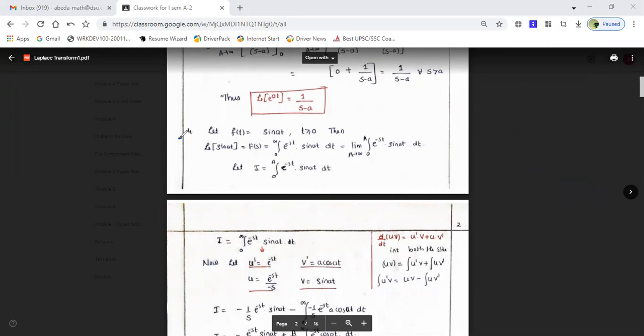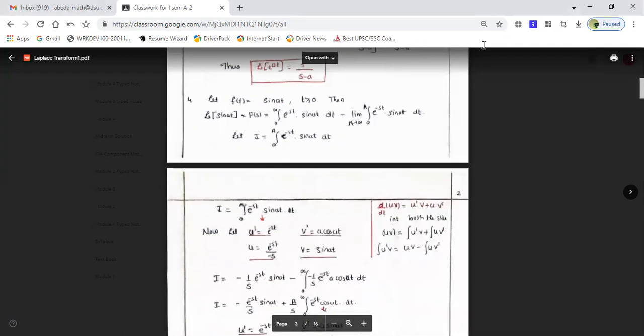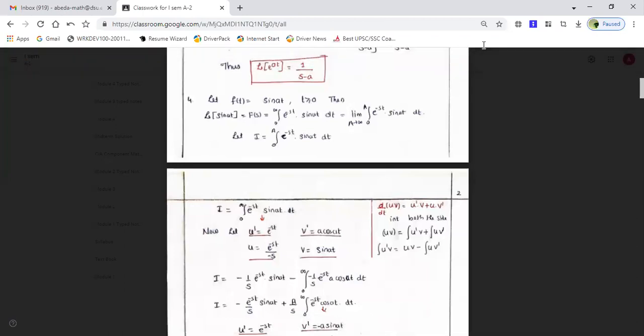Now I will explain how that trick will not work out in this example. The sin at example is a bit lengthy and problematic. Karthik, one request for you: whenever you feel some steps need to be repeated, one time, two times I can do it. If you are finding it difficult, anyway I'm recording it, so please go through it multiple times. If you still have difficulty, you can personally WhatsApp me.